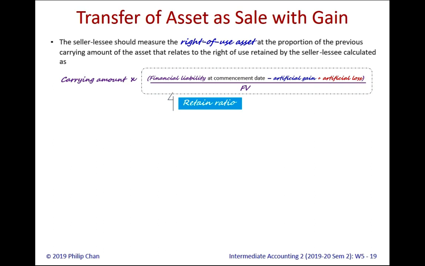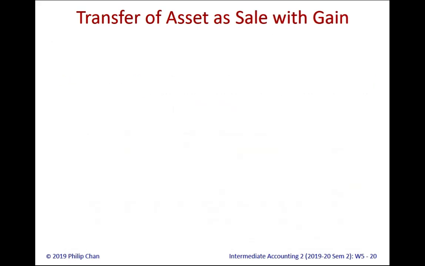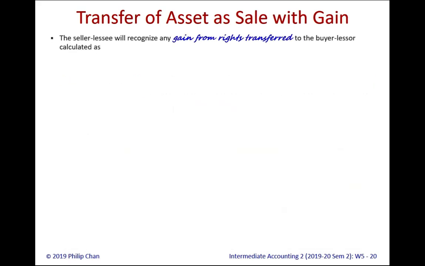And this retain ratio can help us to work out the right of use asset that is supposed to be reported by the seller-lessee. Now, we need to find out one more thing before we start looking at some examples, which is the gain from the rights transfer. Again, we have a formula. But before we show you the formula, remember the gain from rights transfer is basically the